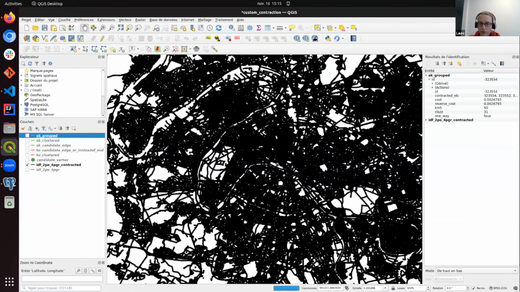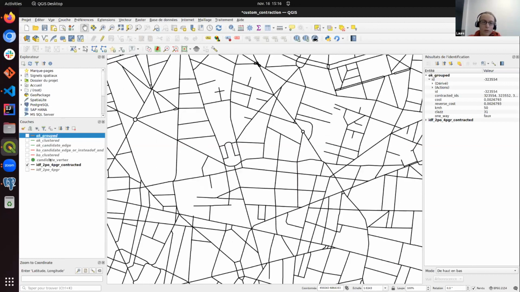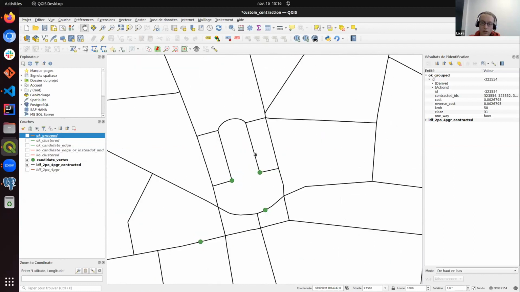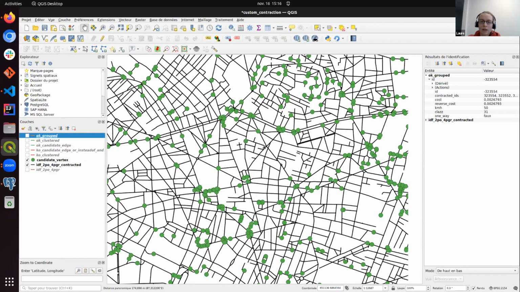Well, it's a bit crowded, but when I zoom in, these are all roads. And I've prepared some data of the steps of the algorithm. So first we identify candidate vertices. Those green points are all the vertices that are connecting only two edges. So here we can see this point is connecting two edges. So this will be the first step to identify the candidate edges.